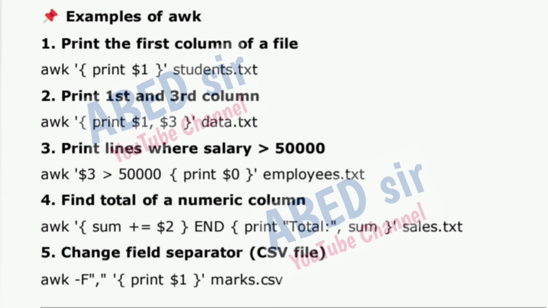Examples of AWK. 1. Print the first column of a file: awk '{print $1}' students.txt. 2. Print first and third column: awk '{print $1, $3}' data.txt. 3. Print lines where salary is greater than 50,000: awk '$3 > 50000 {print $0}' employees.txt. 4. Find total of a numeric column: